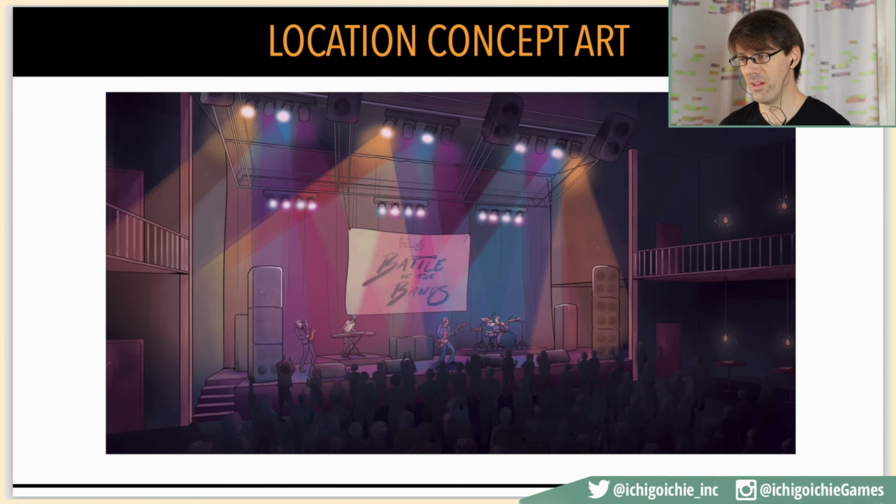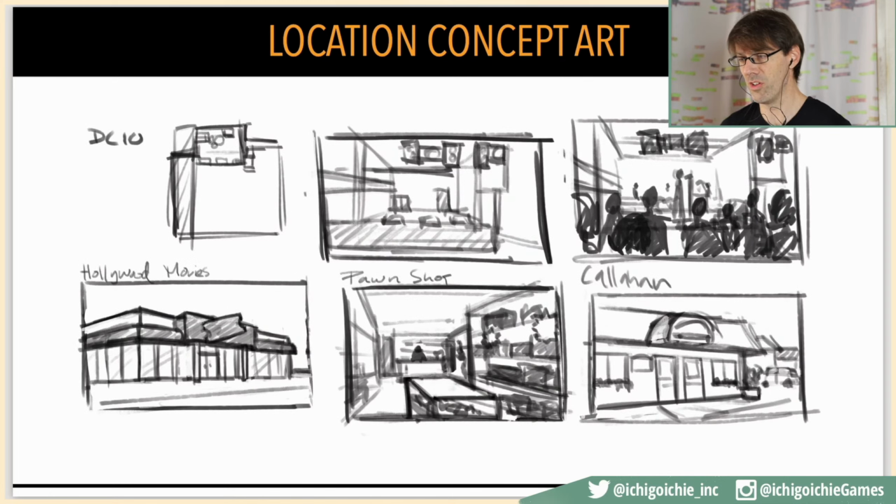The next club, DC10, is one of the places that we call it. You can see some concept here for the Hollywood movies, the pawn shop that we visit in the story, and the local dive bar that happens to have an open mic night, which is one of the key points in the story in the first act where the protagonist Watts and her band play this open mic night. It's the first time playing for somebody else outside of their house.